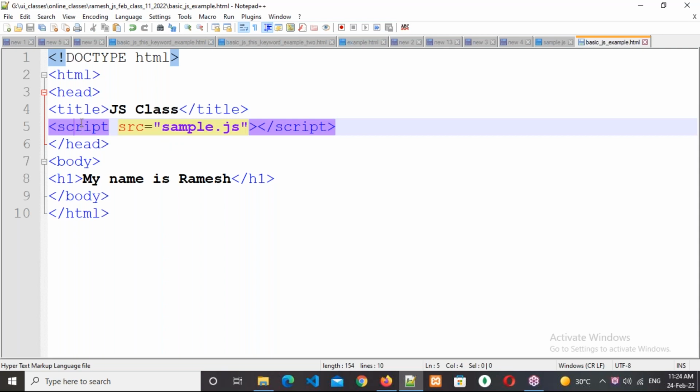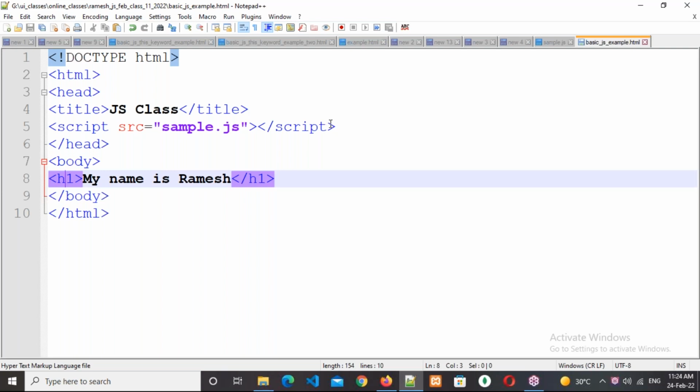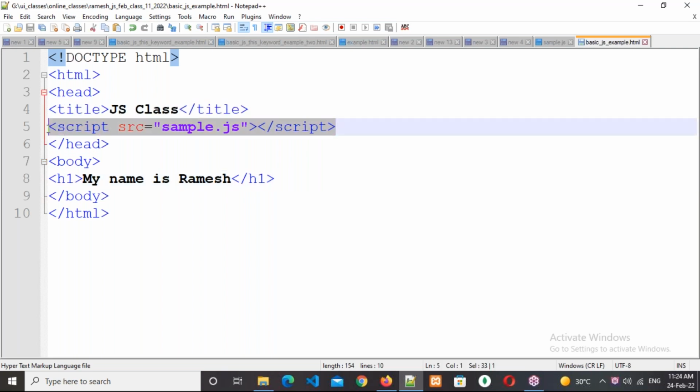Since it is loading, the first alert box, the alert method, is being called and automatically displaying the alert box. Whenever you click on OK, only then will it go on. Then it comes to the body and then the H1 is coming. For example, if you call the script tag in the body,